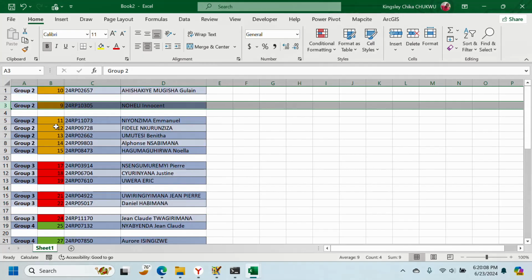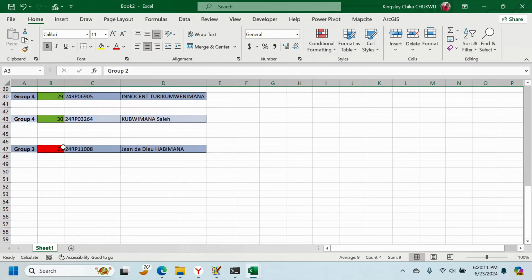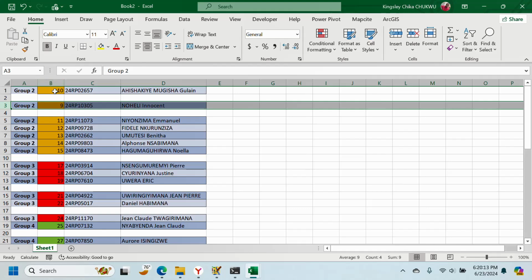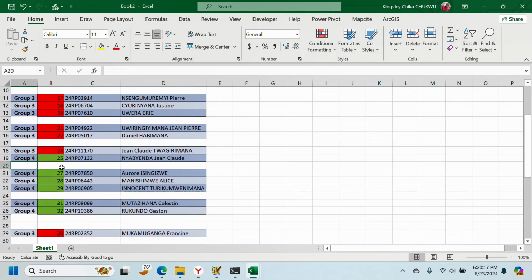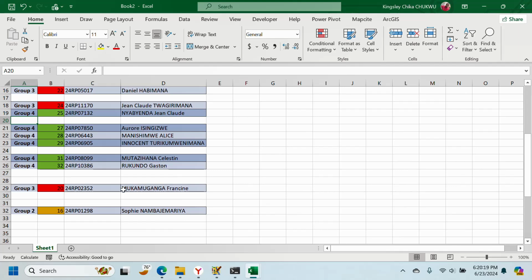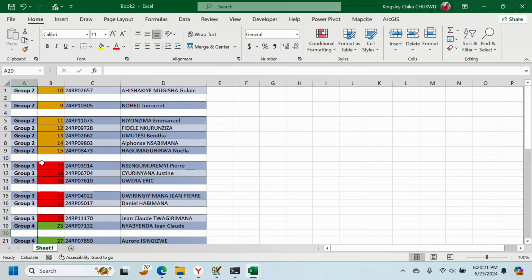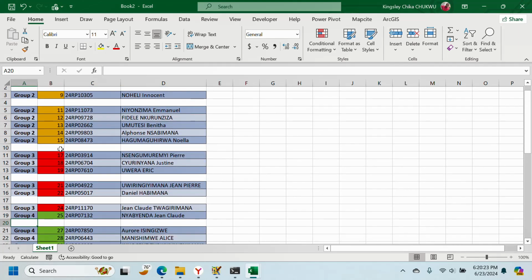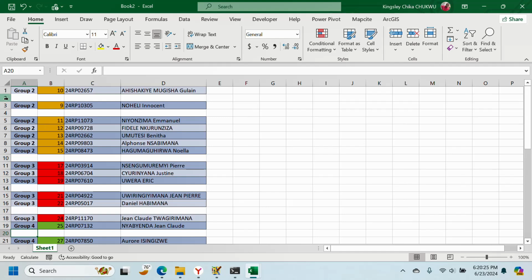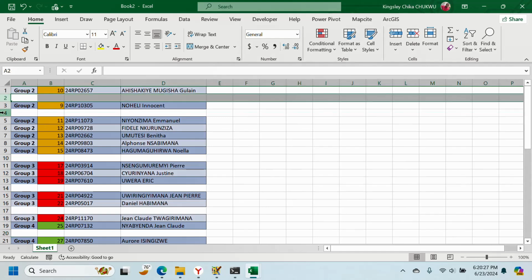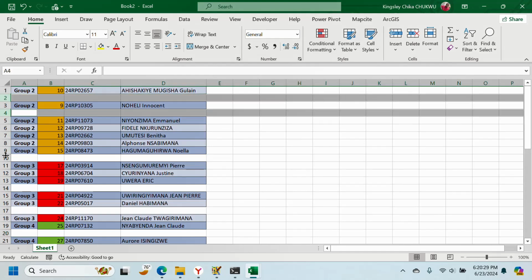I want to assume that you have a table that looks like this. You're given data that looks like this, and it has opening rows. This row is empty, this row is empty, you have a row that is empty, as you can see. So ideally what we're supposed to do is go here and hold another one and then hold another one